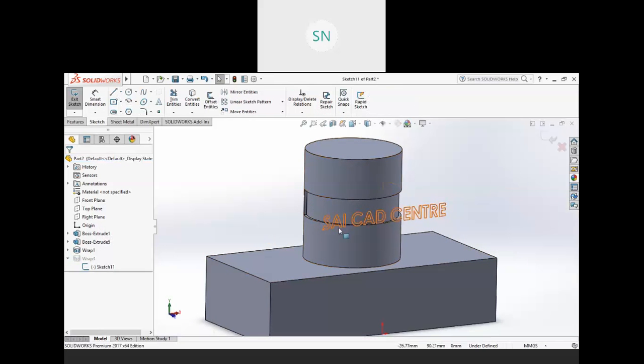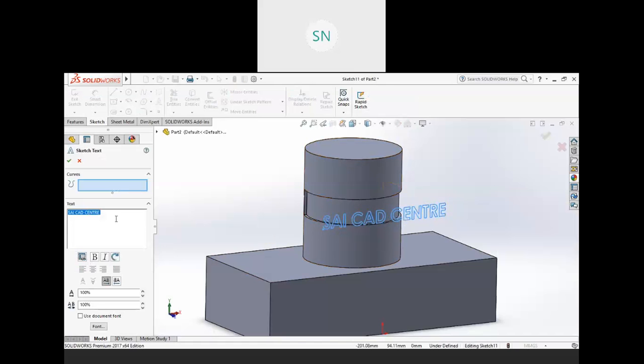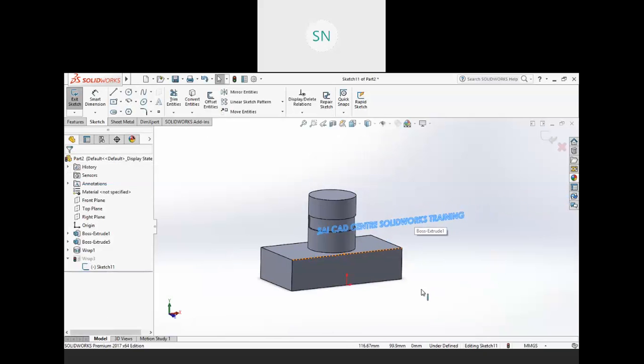Go to the sketch, double click on the text, and right, so like this.